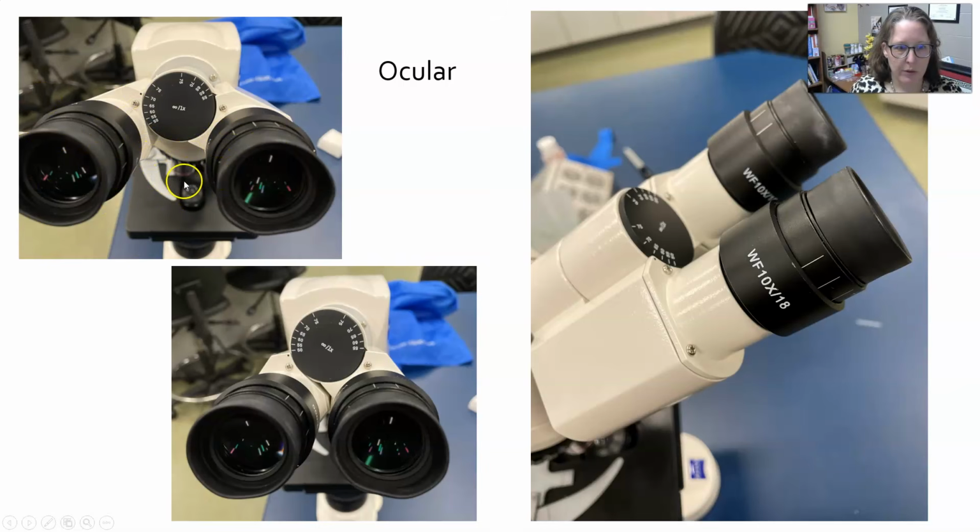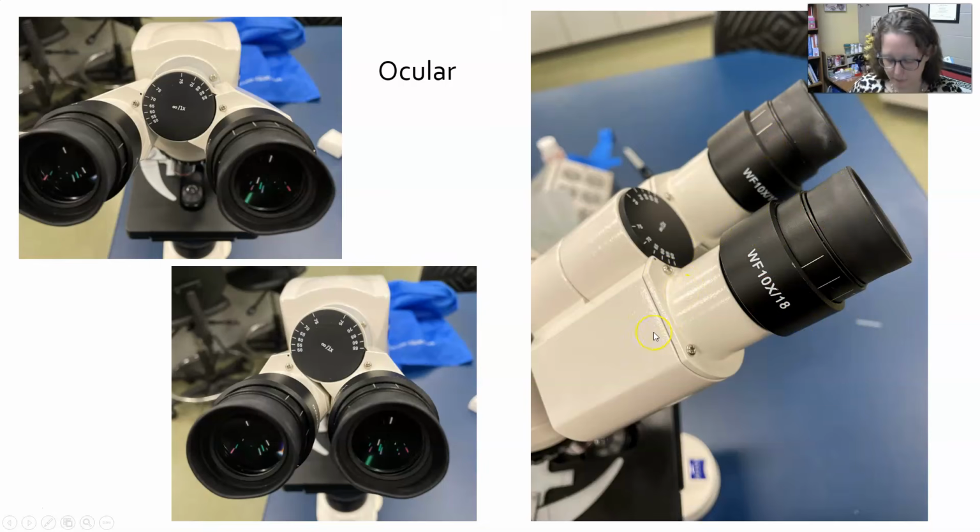the eyepieces that you will look through. They are adjustable, so you need to adjust them to the width of your eyes, because everybody is a bit different. Some people have closer set eyes, some people have wider set eyes, so you just adjust it to yourself. When you look through it, you should see just one field, like a single circle, not two. And you can see here it is magnified 10 times,